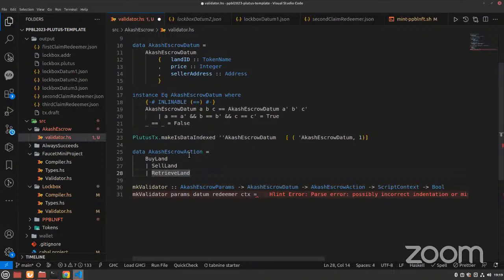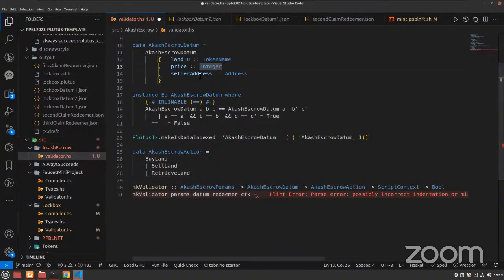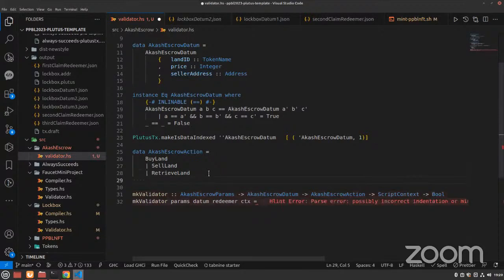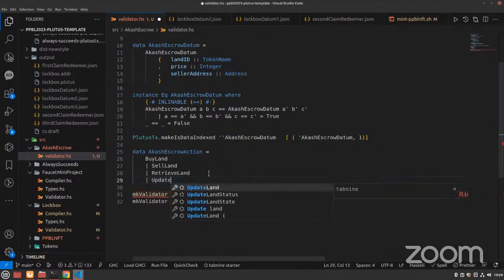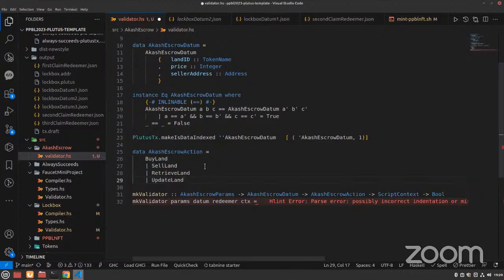That's an option. Like this seller sends that UTXO and says, hey, I'm going to sell this land for 500 ADA, and that token is inside it. But I just changed my mind for whatever reason. I want to increase or decrease the price, or I want to just take back my land. I don't want to sell it. We have to handle that, right? So, for example, we have to have something like update land, so the person can come and change this price,